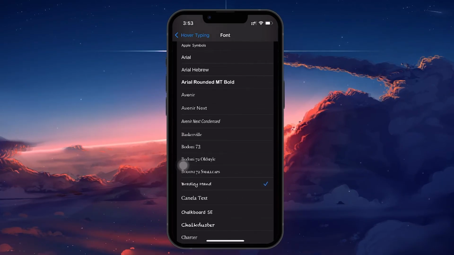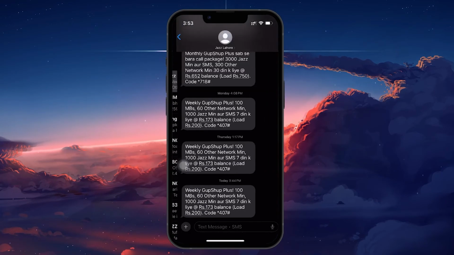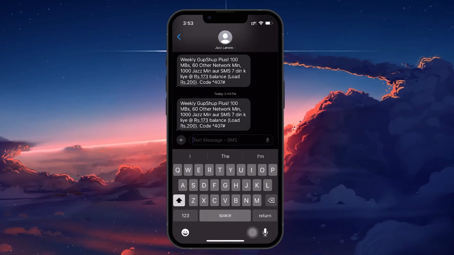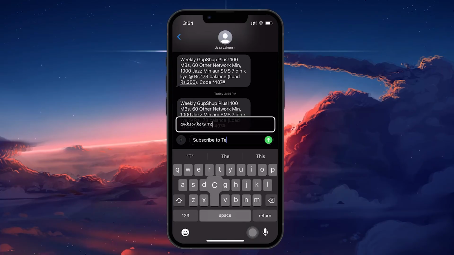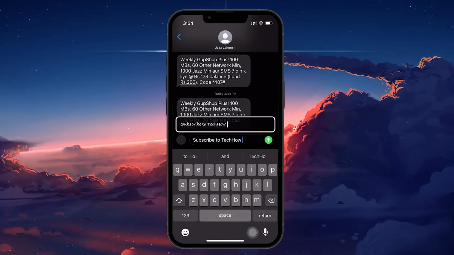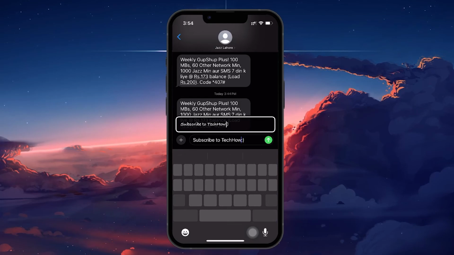To verify how it works, open an app like iMessage. Go to any chat and start typing in the message box. You will notice that the font style you've selected now shows up in the hover mode when you're typing. While this doesn't natively change the font system-wide, it does create a custom experience within text input areas in various